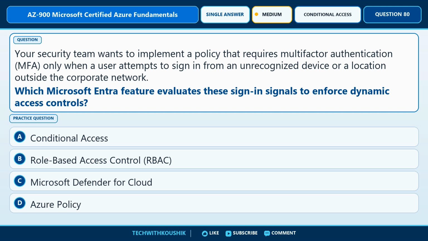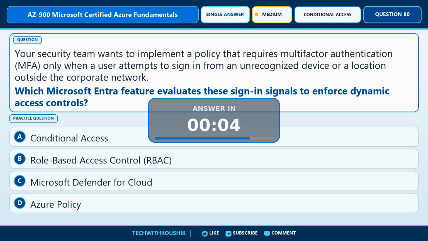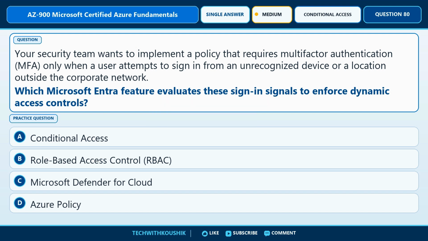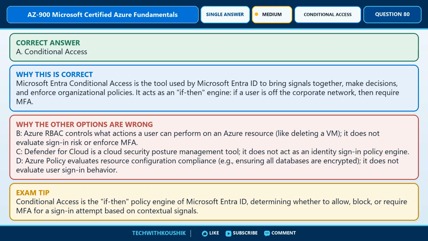Let's compare the available options. Choice A, Conditional Access. Choice B, Role-Based Access Control, RBAC. Choice C, Microsoft Defender for Cloud. Choice D, Azure Policy. The right response is option A,